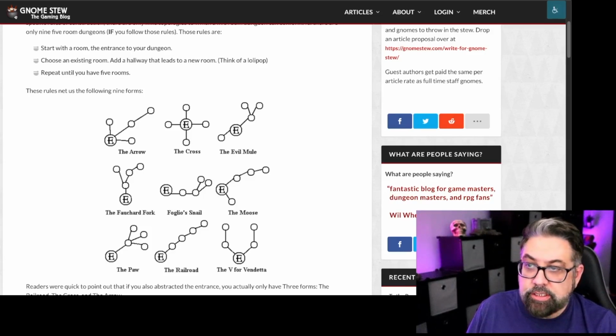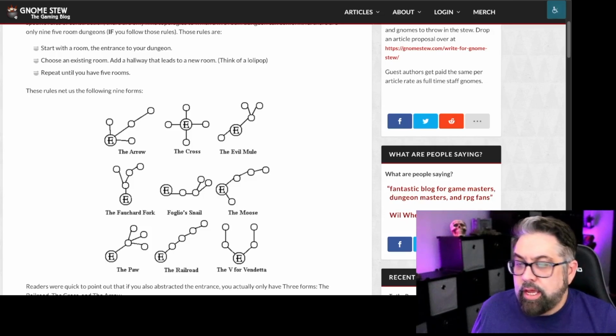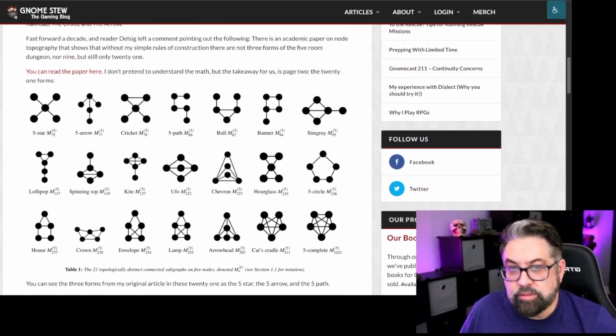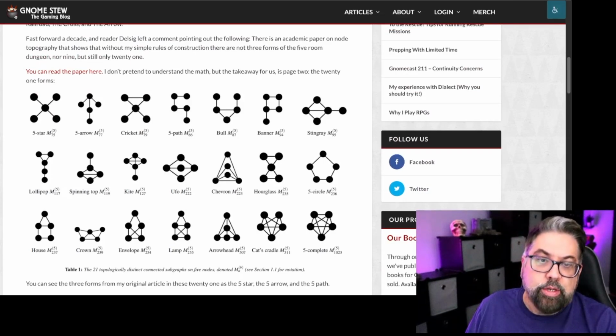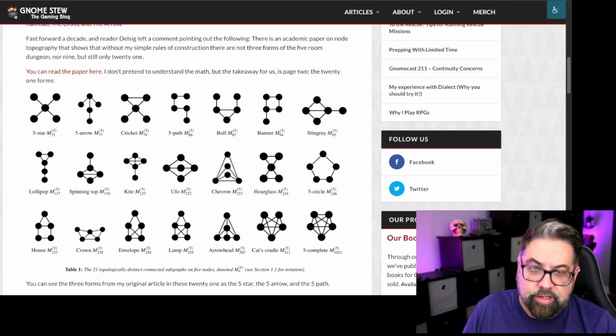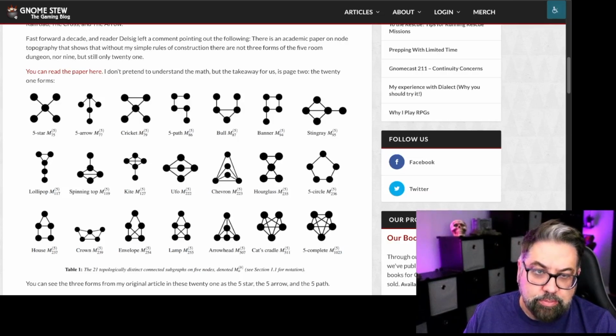But somebody in his comments pointed out that there was an academic article that broke down all the different patterns that you can take 5 nodes and put them into. So you can take 5 nodes, and there's a variety of different ways you can connect those 5 nodes. And in fact, this academic article that's referenced here shows that there's 21 different combinations for 5 nodes. So you've got 5 nodes, 5 connectors, and now this is a tool you can use to build your 5-room